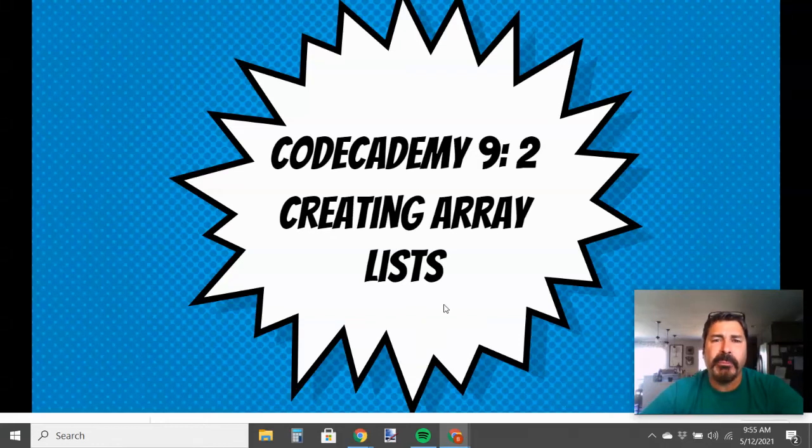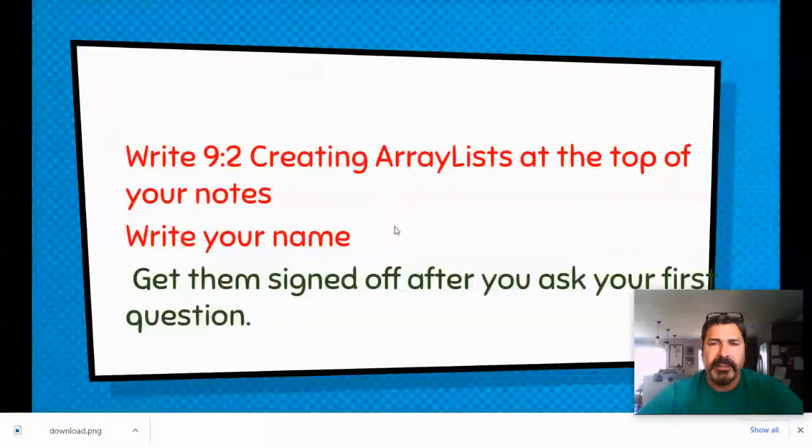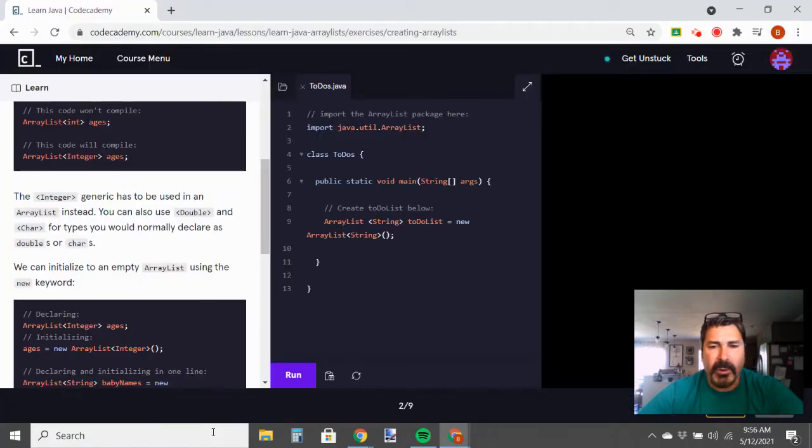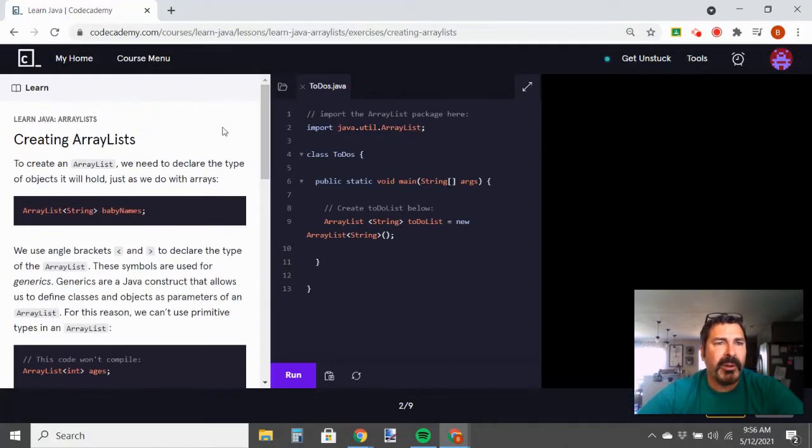Ladies and gentlemen and programmers, we're going to do CodeAcademy lesson 9, part 2, creating array lists. Okay, so as usual, go to CodeAcademy. And when you go to CodeAcademy, you're going to go to part 2. And you're going to find the thing that says Learn Java Array List, creating array lists. And you're going to read this,